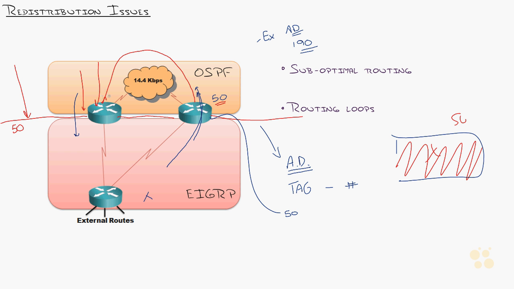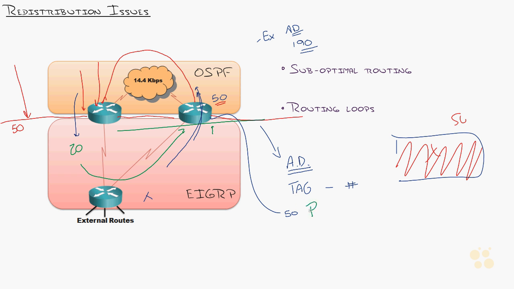And you do the same thing the other way. As you send OSPF routes into EIGRP, you say, all right, well, these are going to be tagged as 20. And then you put the wall the other way. You say, okay, 20 routes do not pass. I don't know why I go like Lord of the Rings, you know, spear on the ground, you shall not pass. Anyway, so that's tagging.